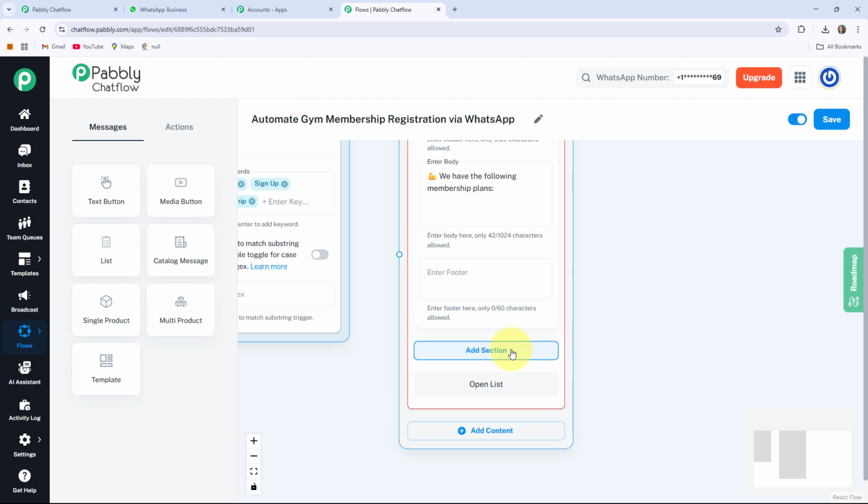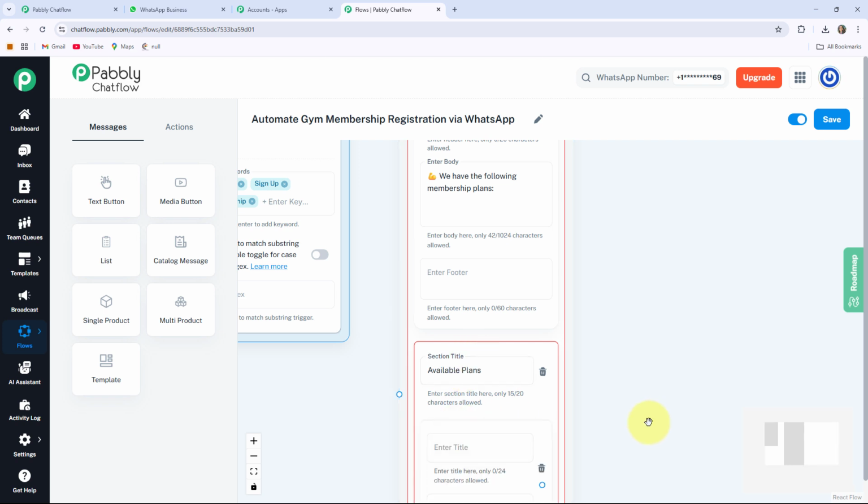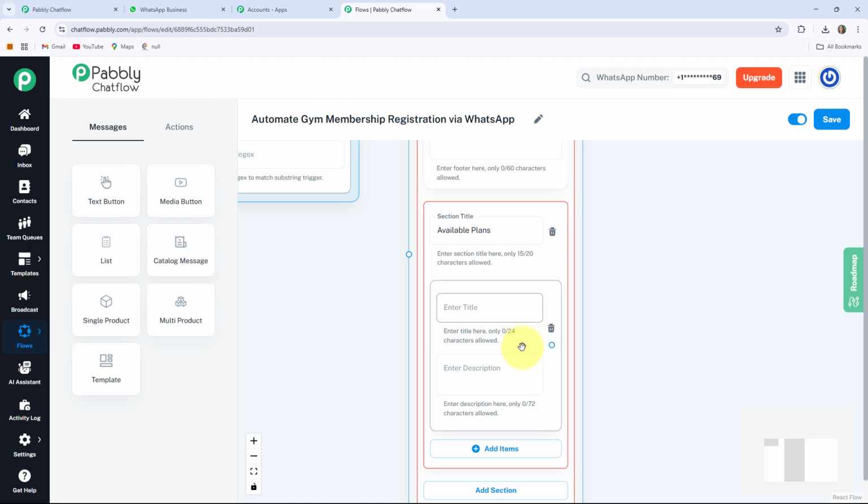Next, I'll click on this section where you can define the section title, which I am going to write as available plans. Then click on add items to add each membership plan as a list item. For example, 1 month, 3 months or 6 months plan. You may also include a short description for each plan if desired, or leave the description field empty. This layout allows your customer to easily view and choose from multiple membership options, making the chatbot experience smooth, interactive